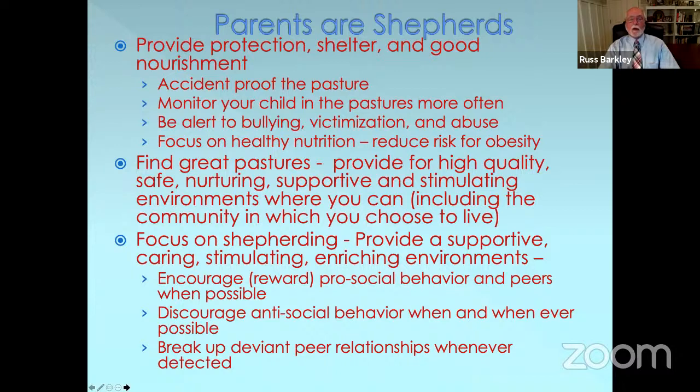So we need to encourage pro-social positive behavior and encourage good peers for our children to pal around with, such as through clubs and sports and organizations and so on. We need to discourage antisocial behavior and their hanging around with deviant or bad peer groups. And if they start to do so, we need to take steps very quickly to break up those relationships because